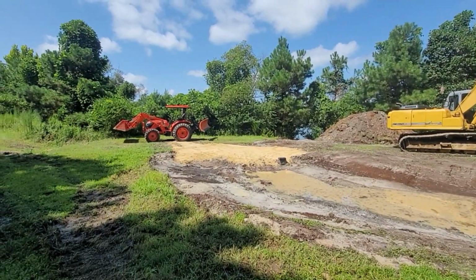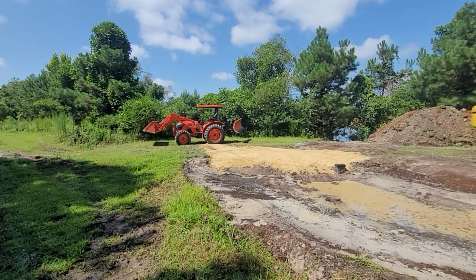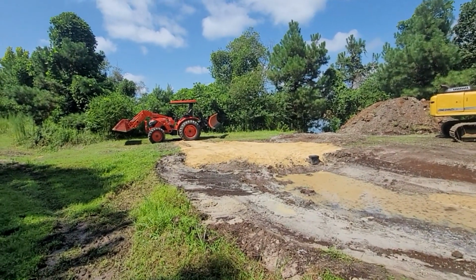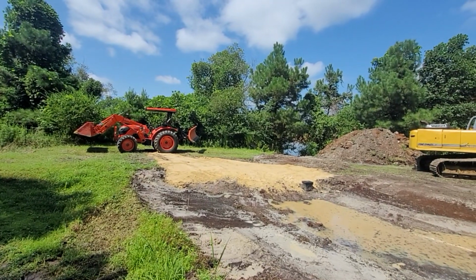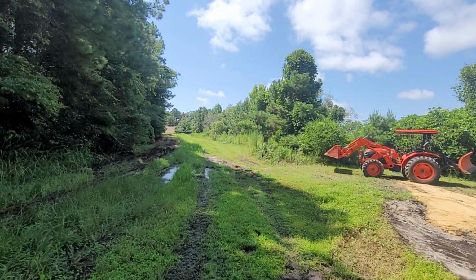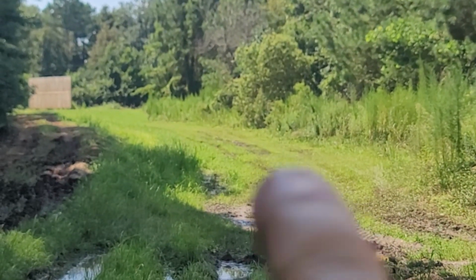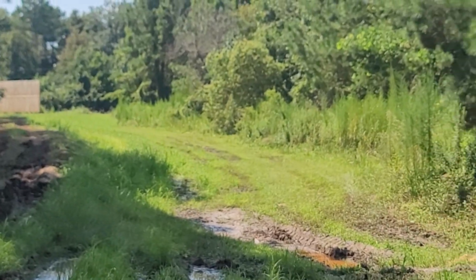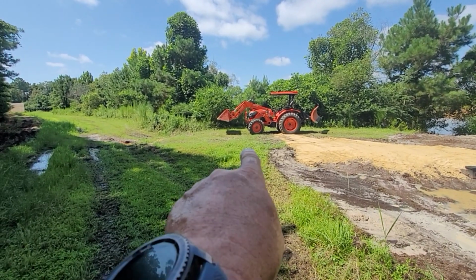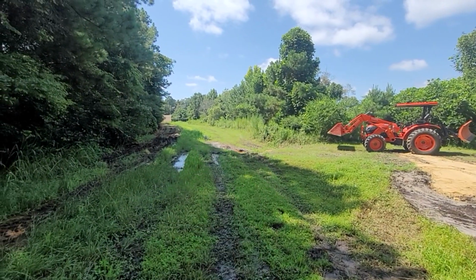I brought, and I didn't film it because I was trying to get it done. I brought, what did I bring? Three loads. I brought three loads, maybe four. So about two yards worth of some nice sandy clay that I dug out from the finger. So I brought it all the way down and around, but see, if you look, of course it's very hot today, my fingers are sweaty, but if you look right there, I'm rutting up that area pretty good. So I don't want to take too many more, but I debated on waiting till it dries and dig this out this way a little bit more, but it's nice to have this way to come in as well,